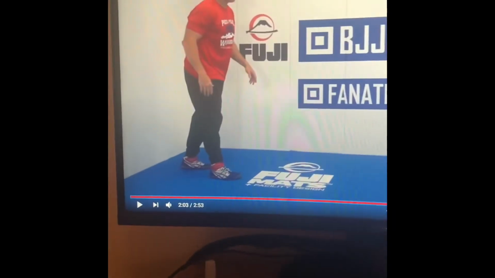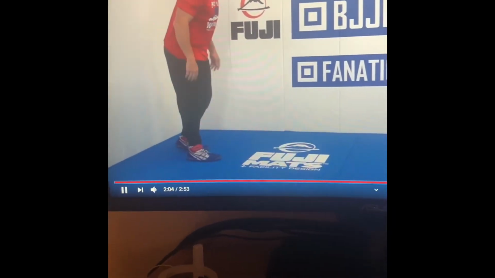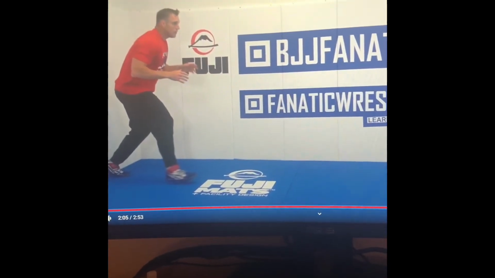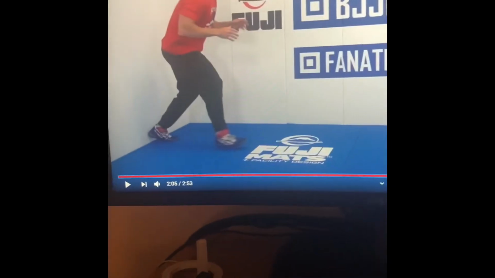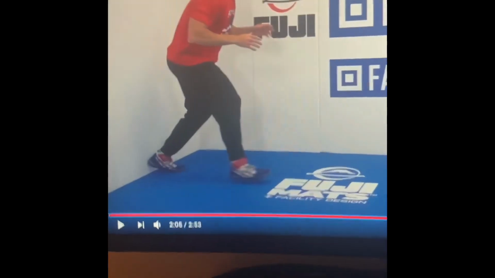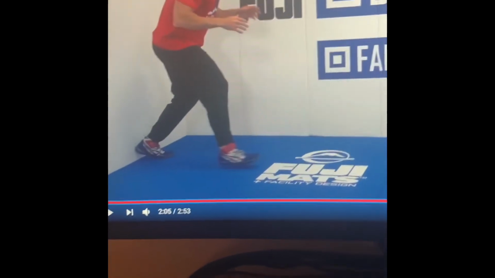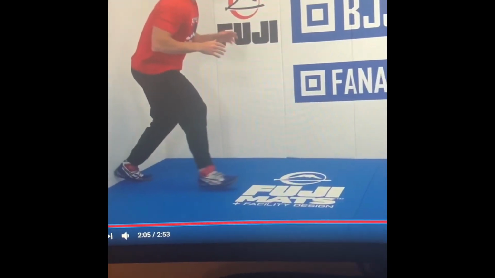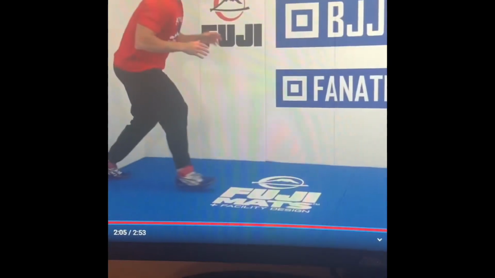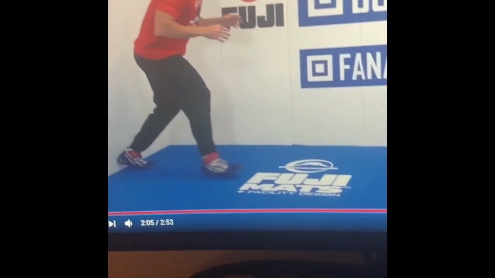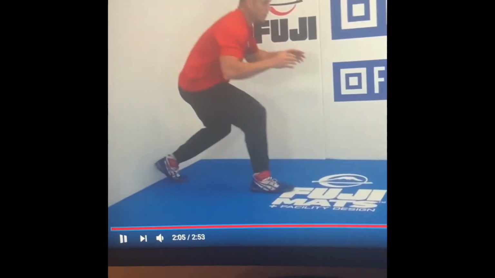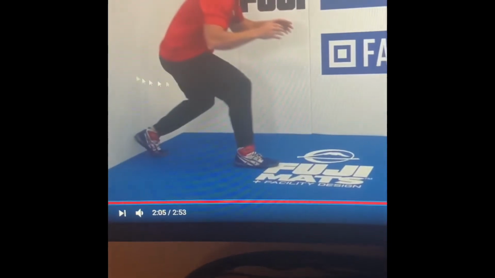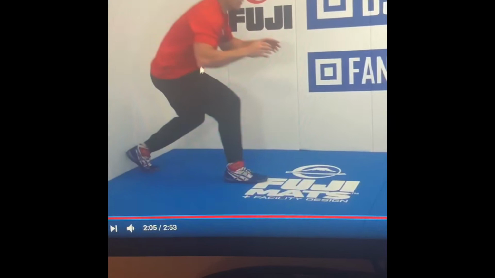So here I'm going to describe the level change. This movement occurs from the most proximal to the most distal joints that are involved. The 3 joints that are involved are the acetabulofemoral joint, the tibiofemoral joint, and the talocrural joint. And for the acetabulofemoral joint, which is also known as the hip, hip flexion occurs, and the muscles involved are the iliopsoas